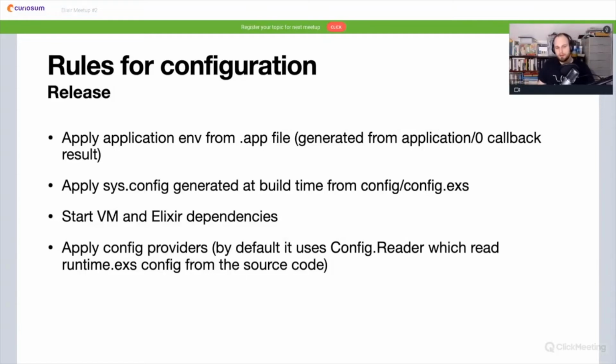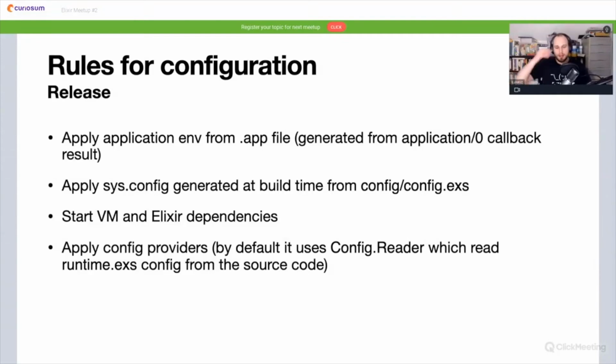Then we start the VM and Elixir dependencies. Elixir is also a dependency of Mix, so it will follow the same pattern here. And then we apply config providers, and by default it will read runtime.exs, which is in